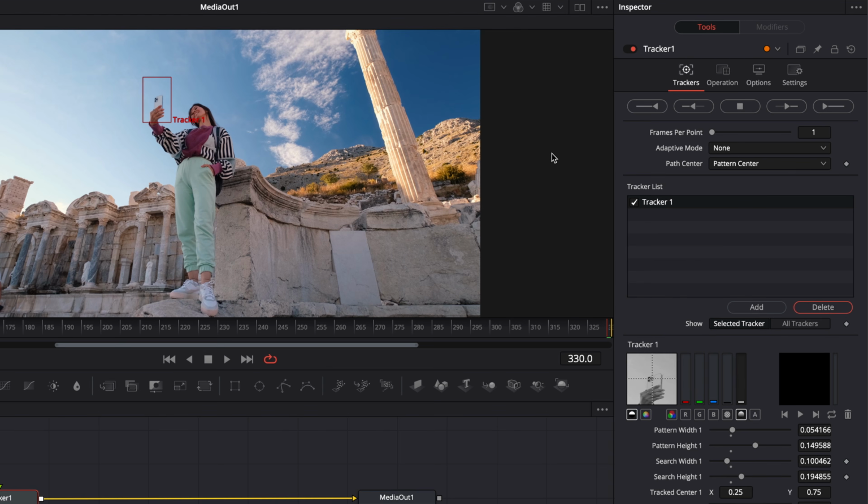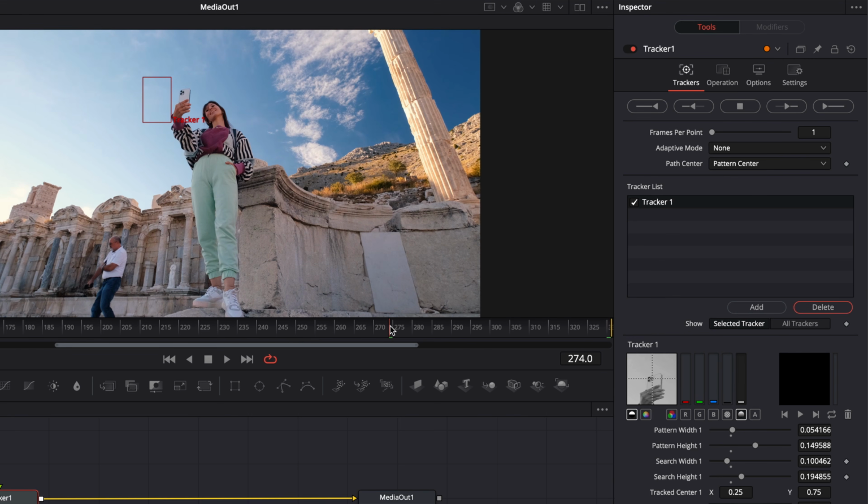Now, what I can do over here in the tools in the inspector, so we're on our trackers here. This button here will go track reverse, and this button here will track reverse from current time. It's important as well, because if we've gone into the middle here and we hit track reverse, it'll try to track reverse from here, but we want it to track reverse from the current time. In this case, it is the end of the timeline, but let's say we wanted to track reverse from here.